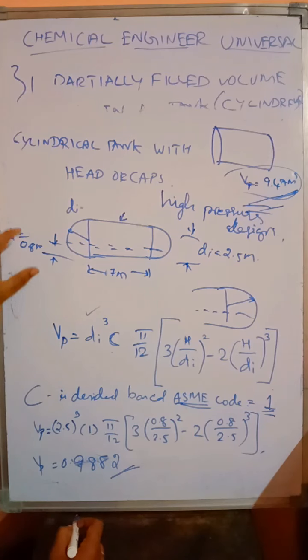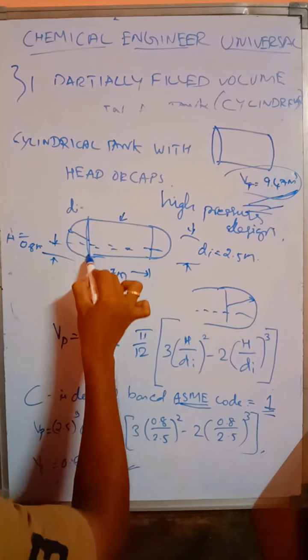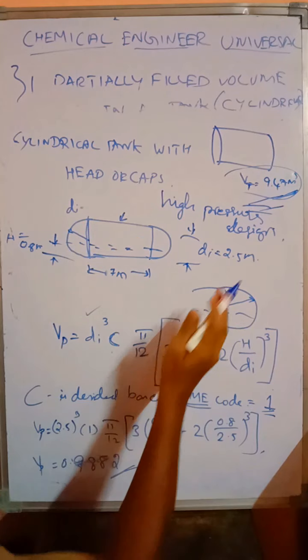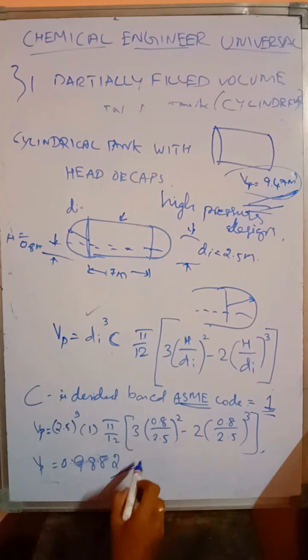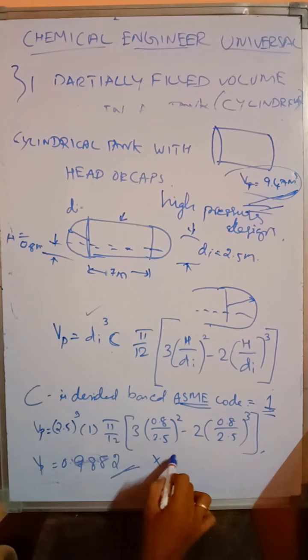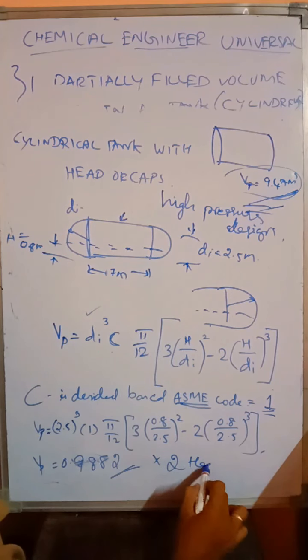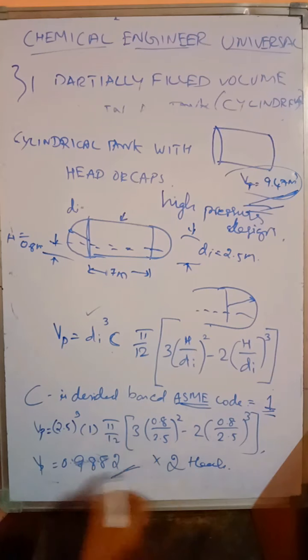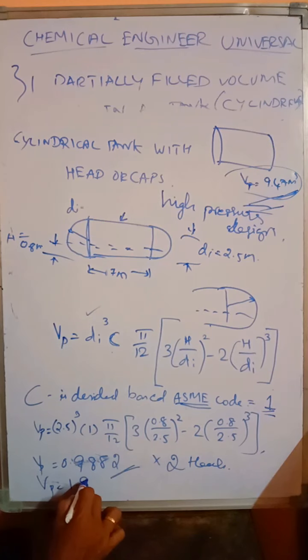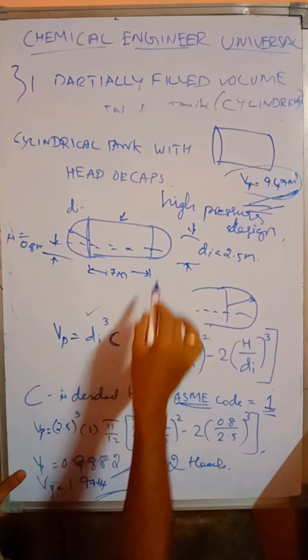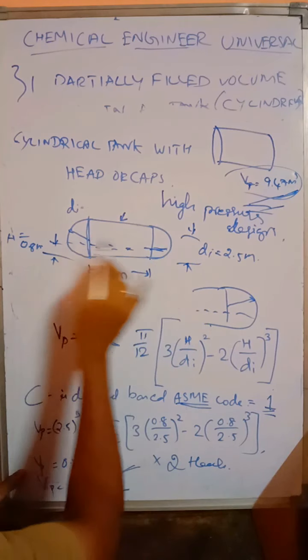So far we have calculated for half of the portion only. You are having hemispherical heads on both the sides. So we have to calculate for 2 heads. If you calculate for 2 heads, then it will be multiplied by 2. That's it. So partial liquid volume for the heads only, right? So it will be 1.9764. This is for the partially filled volume on both the heads, right?